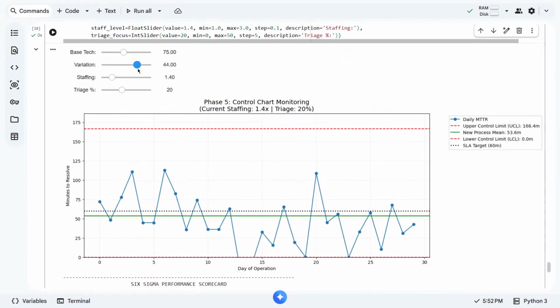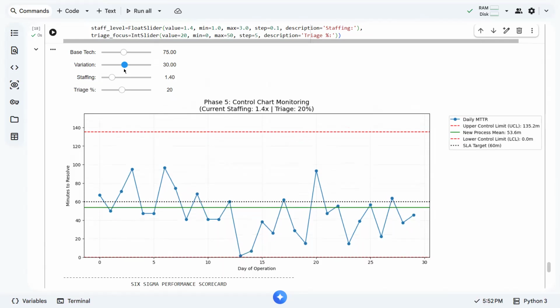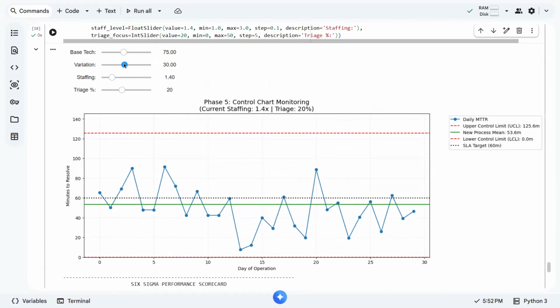So if we did stricter measures, then we have improved the variations, for example, to 30.